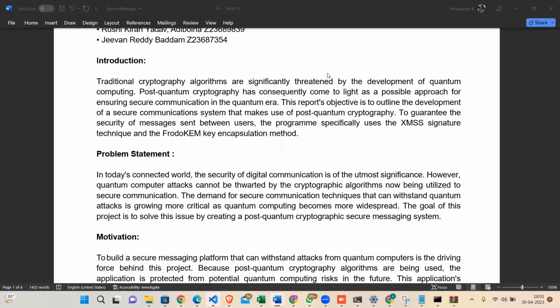With the increasing use of quantum computing, the need for secure communication techniques that can withstand such attacks is becoming more critical. Therefore, the development of a post-quantum cryptographic messaging system is a significant step towards ensuring secure digital communication in the future.